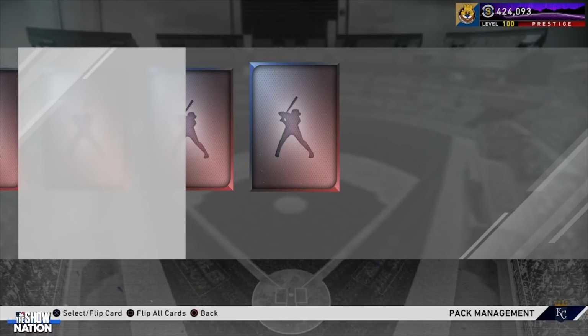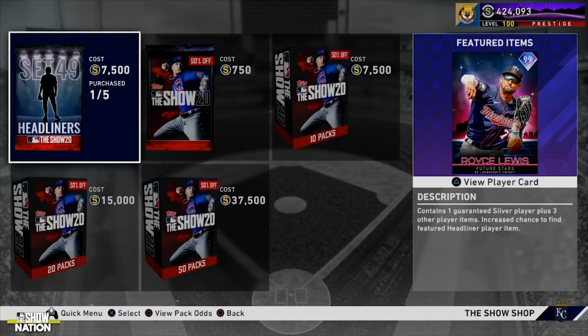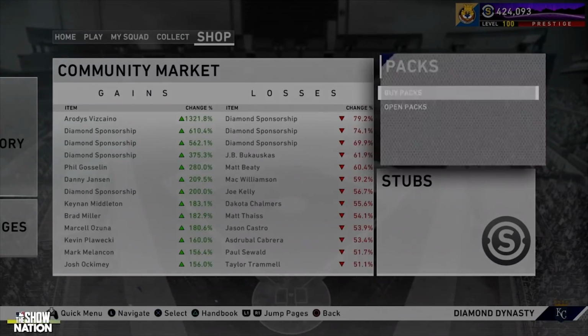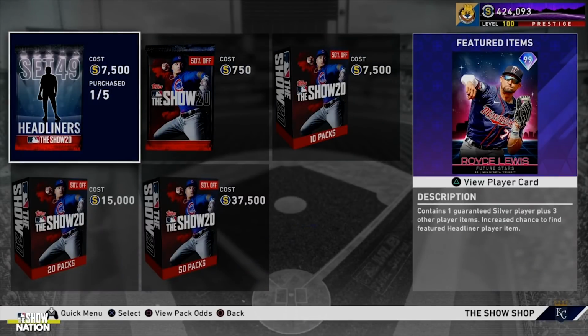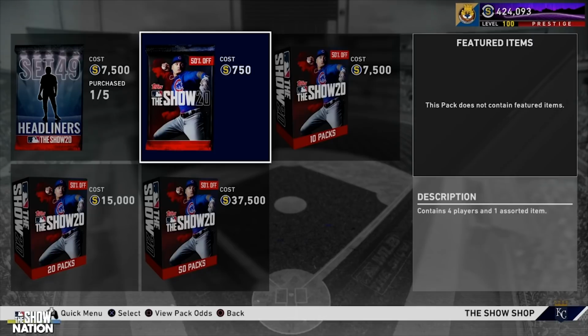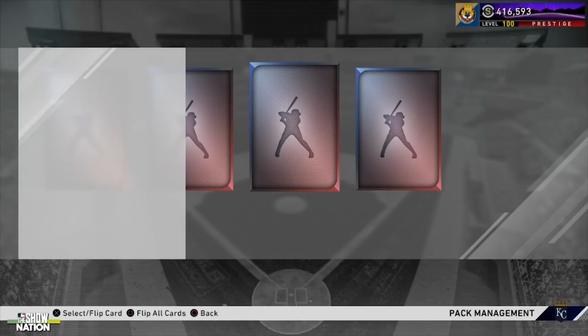They're supposed to be 50% off. Wow, a couple of golds. The packs are supposed to be 50% off, so I'll probably buy the other ones once they go to 50% off. Actually, I think it's just not the headliners pack. They are 50% off, but the headliners pack's not. So I just noticed that as well. You know what? Let's try one more. See if we get a...